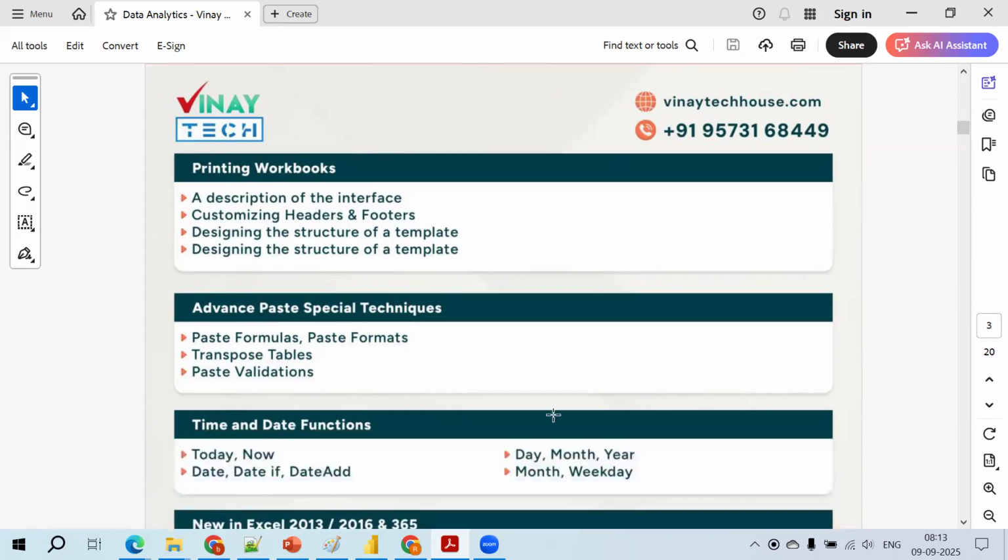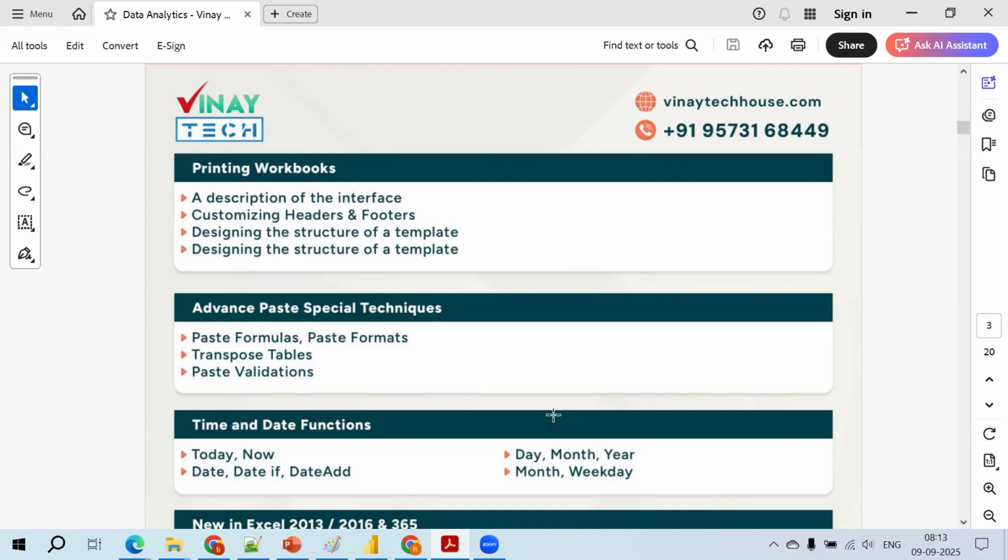Time and date functions, which are really important. As we discussed yesterday, friends, there is no value for a numerical number without a time. For example, I got 10 lakhs rupees profit. That is for how many years? For how many semesters? For how many quarters? For how many months? For how many weeks? For how many days? For how many hours? For how many minutes? How many seconds? We don't know.